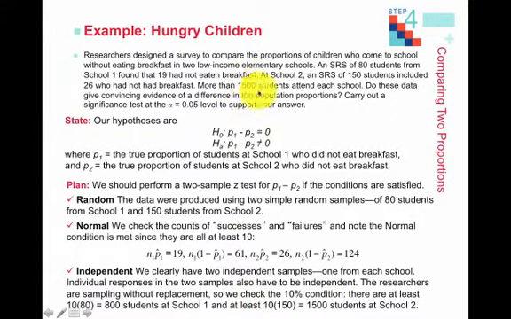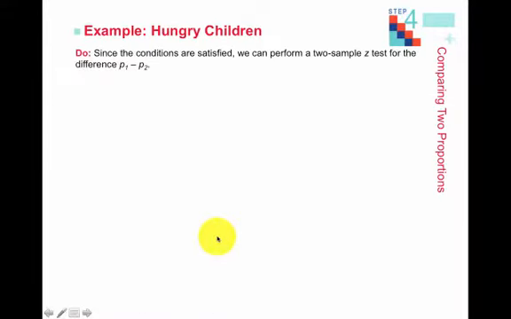And we are told up here that there are more than 1,500 students at each school. So we have met our three conditions. We can carry out our two-sample z-test. First, we find our pooled proportion. We add together the successes divided by the added together total number of students. We get p hat sub c equal to